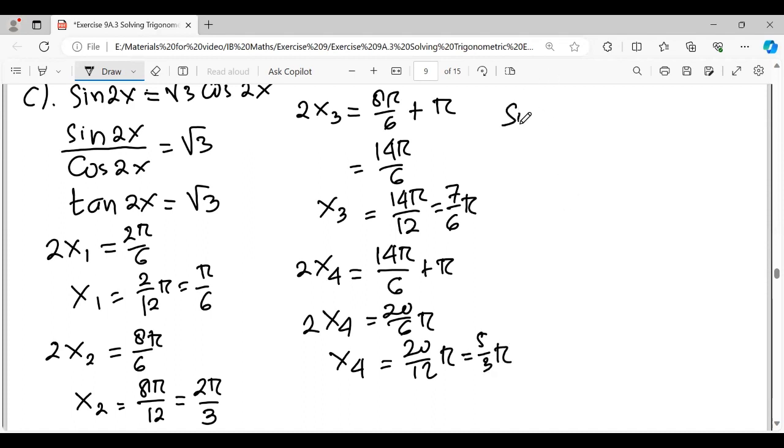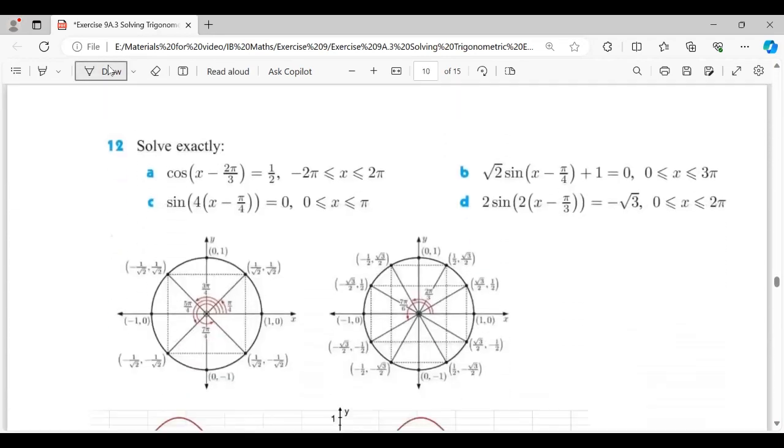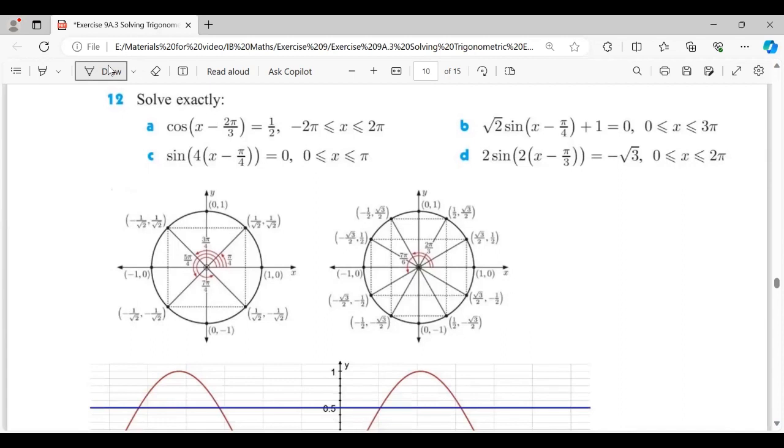So x are pi over 6, 2 pi third, 7 pi over 6, or 5 third pi. If you find x5, it will be over 2 pi. So therefore, I didn't calculate for x5. Next,